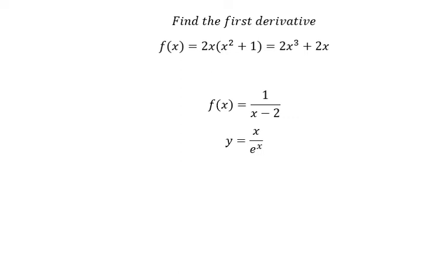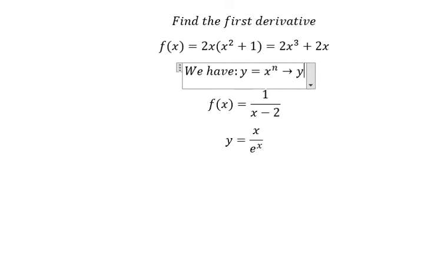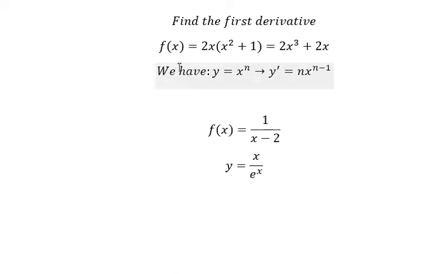Next, we have the formula in here. We have y equal to s to the power of n. If I do first derivative, we will have about n multiplied by s to the power of n minus 1. So if I do first derivative in here,